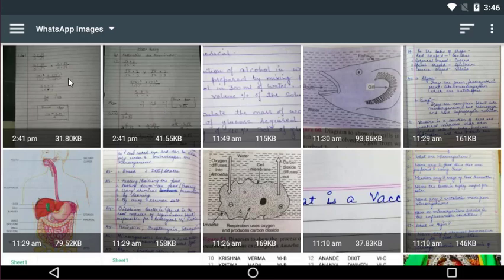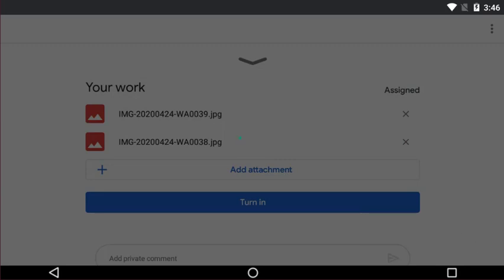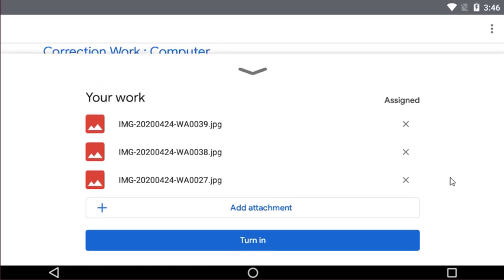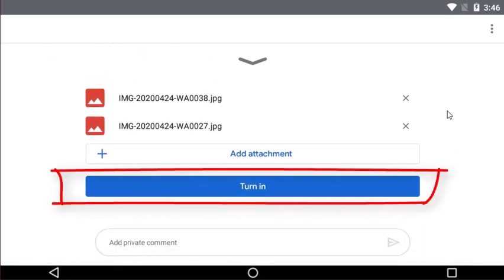So, one by one you have to upload all the images, and after uploading all the images, you have to click on the turn in button. So now, for example, if all the images are uploaded, now we have to click on this turn in button.